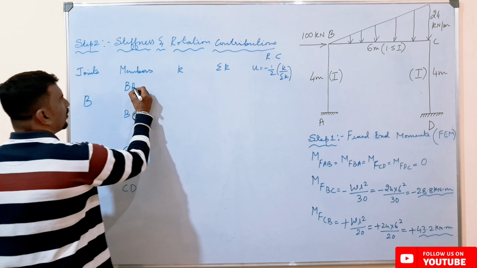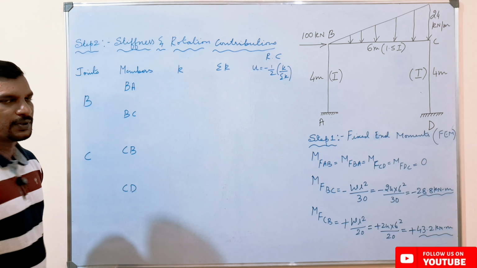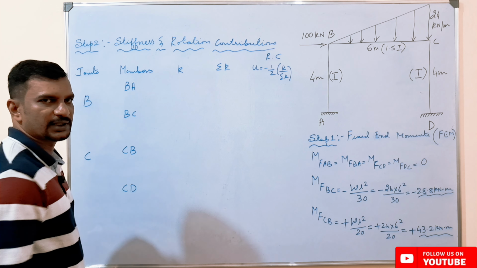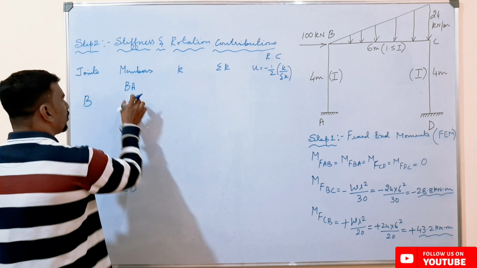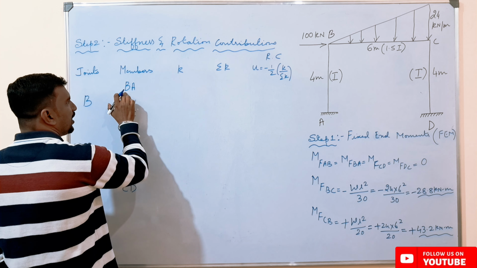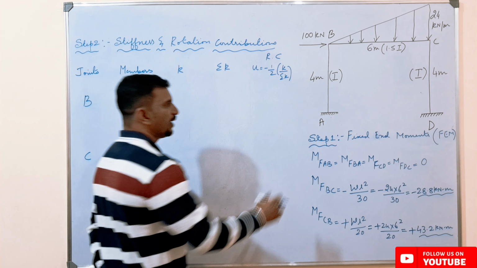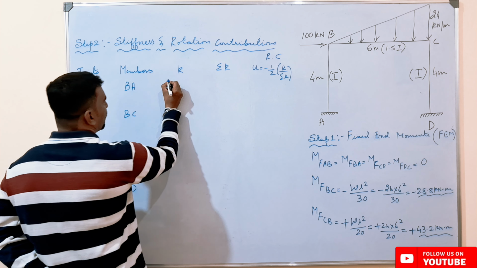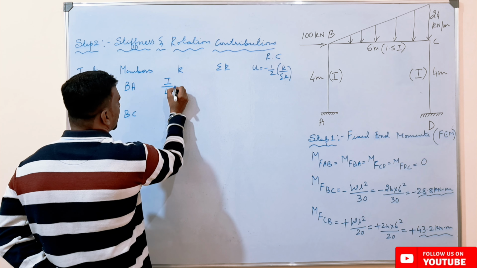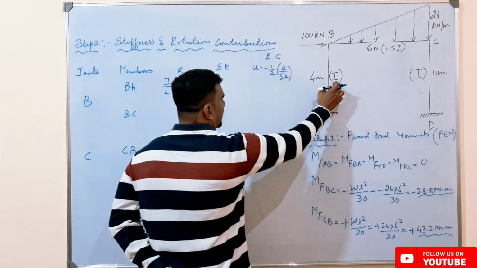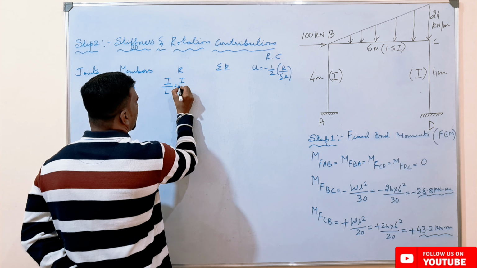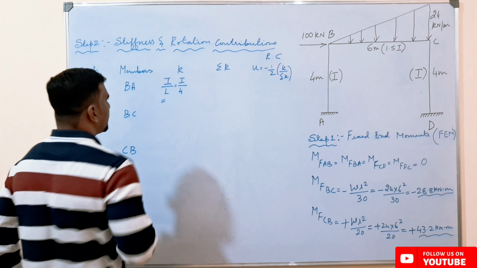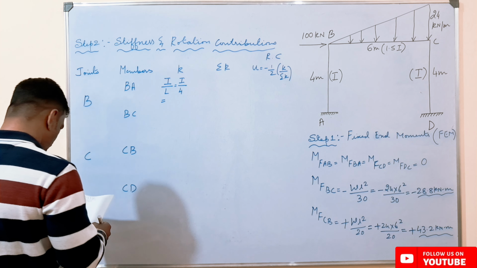Now if we need to find out the relative stiffness, we know we need to consider the far end conditions. For this member, B is the near end and A is the far end. Since A is the far end here, which is fixed in nature, the stiffness will be equal to I upon L. The I value they have given here is I itself, I upon the total length over here, which is 4 meters. So this gives a value of